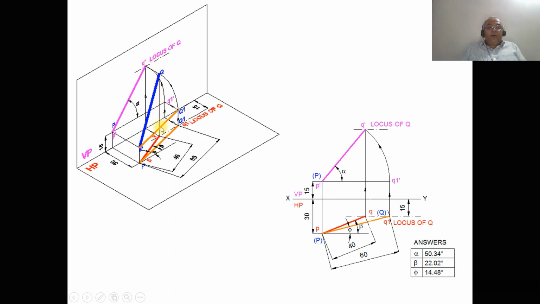Since the front view of the point Q should lie on this end projector, that line will go from here to here. It is extended till the plane. With P as center, taking the radius of PQ1, you rotate it such that this Q1 lies on this end projector here, so that you get that point Q. You join these two, which is the line in space.